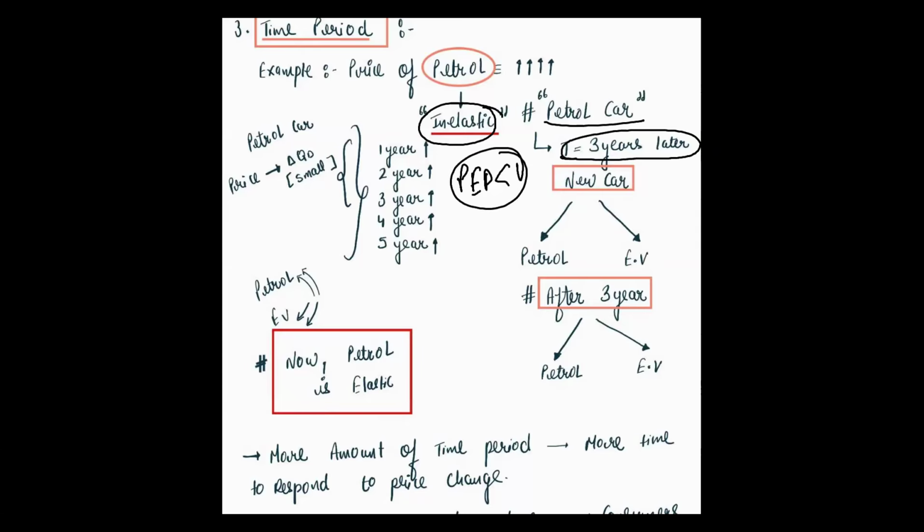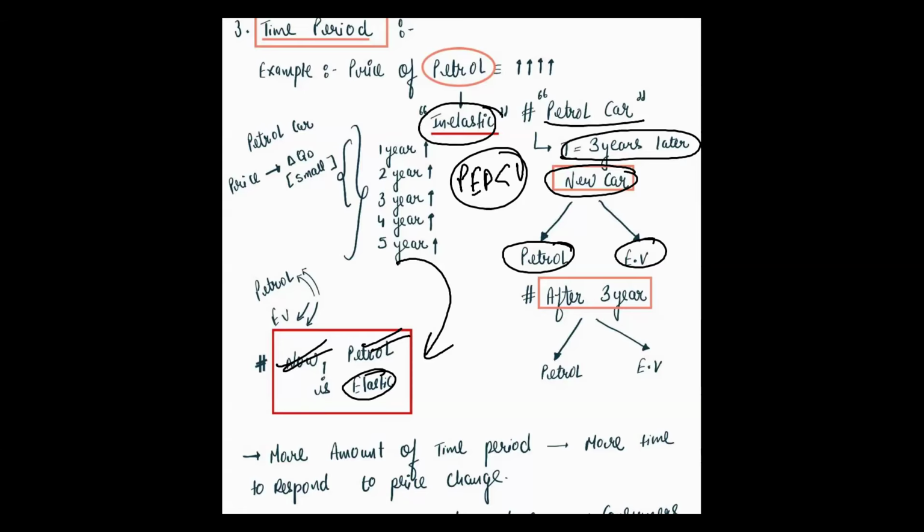But after 3 years, there are new cars, more car options are available, petrol and EV. So what do you think? People will have more petrol cars or EV cars? So obviously now petrol is elastic, and EV option is also available, right? People will demand less petrol cars. So from inelastic, with a time period of 6 or 7 years when there will be options of EV, it will change. I told you na, जहाँ substitute options ज़्यादा आने लगेंगे, it will change to elastic.